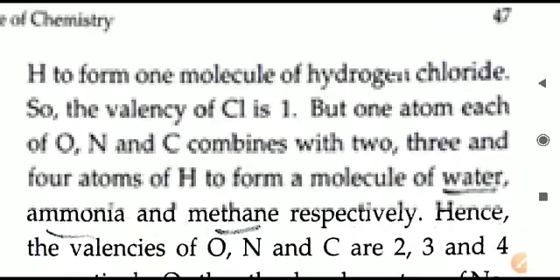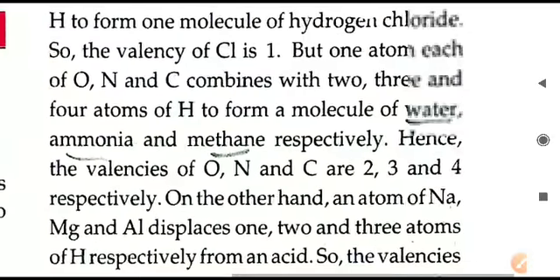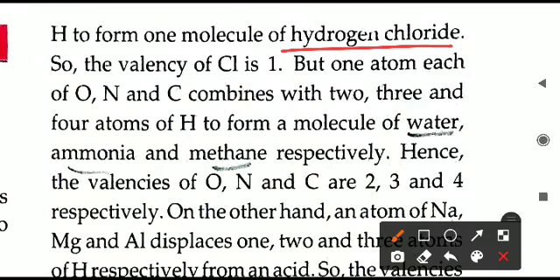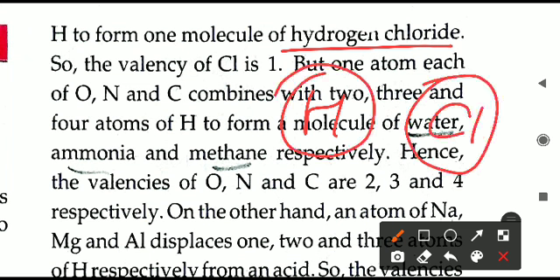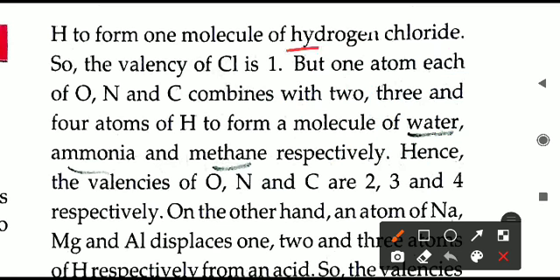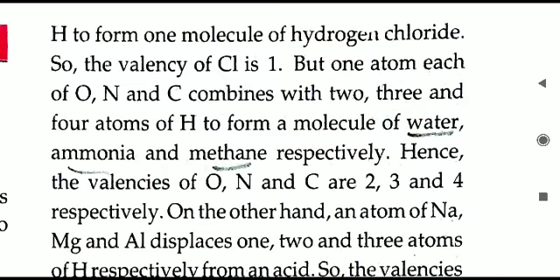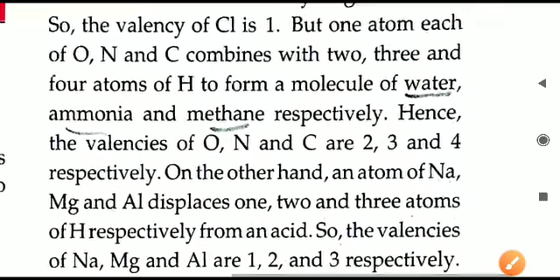We will take some examples also. Like here, they have given hydrogen chloride. One atom of hydrogen combines with another atom of chlorine. So two atoms are joining together, and as a result of their joining, they form a compound called HCl. HCl is a compound. So one atom on each side is coming. So the valency of hydrogen is 1, and because chlorine is also accepting only one hydrogen, its valency is also 1. So both have a valency of 1 only.